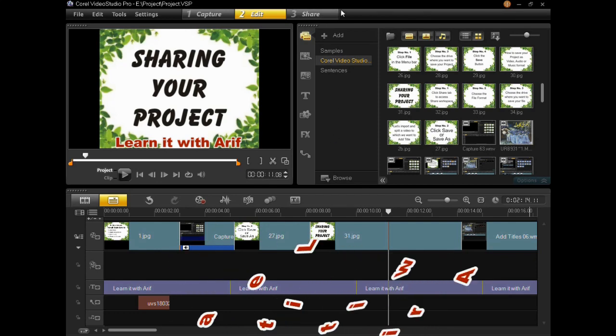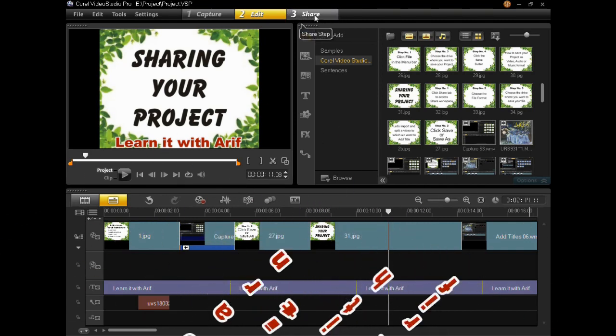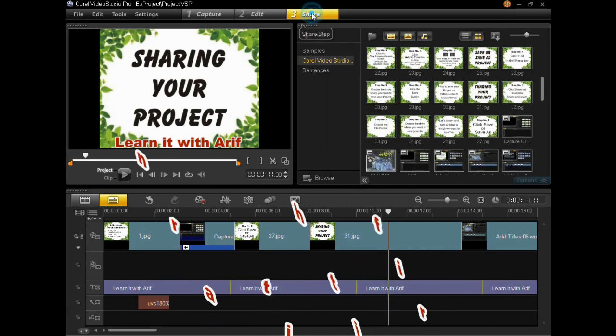If you remember, this is the share button, which lets us go to the share workspace. Click this button.